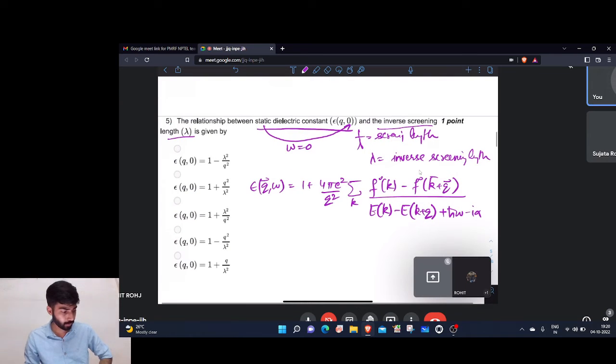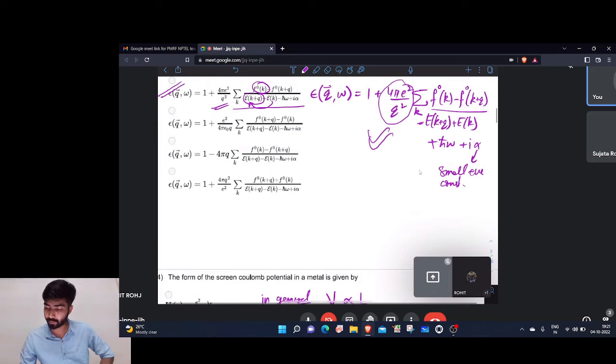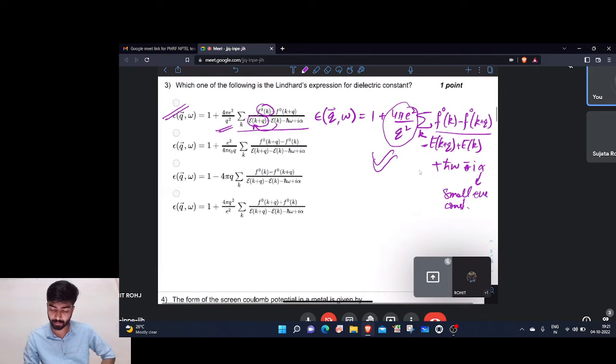In fact, in the previous one, just a second, one would expect a positive h bar omega and minus of alpha, but due to, I think, a misprint in the solutions, the option will still be A, because the prefactor is given wrong in all three options. So with 4 pi e square by q square, option A will still be the solution, but there is a small correction that epsilon k would be coming in front, and the rest of the terms will be modified.